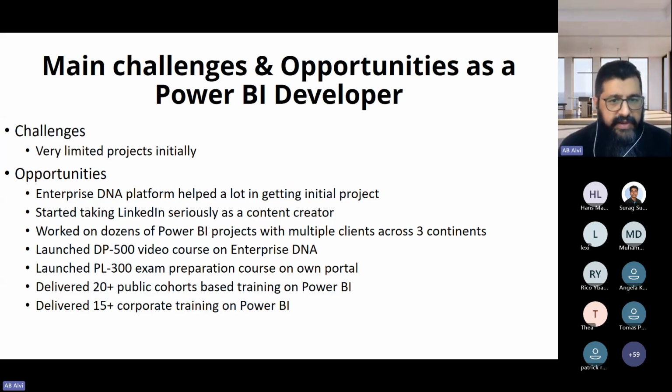I think I've explained most of the bit here, but what was the main challenge? Obviously, once you start learning a tool and try to get some work around it, the initial part is a bit challenging. So like all the people who start some kind of BI work, I created my profile on these freelancing platforms, and I wasn't as active on LinkedIn at that time, but through the Enterprise DNA platform, I was able to get a few projects,